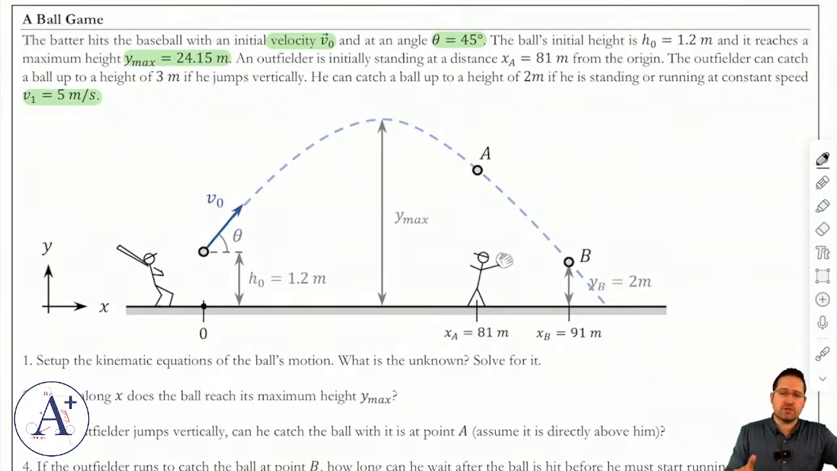Now clearly the outfielder has nothing to do with the projectile motion part of the problem, right? You can just get rid of him and you could study the path of the baseball irrespective of the presence of the outfielder. So he's probably there for later, to incorporate him into the problem. But the idea is that he can either jump and catch a ball at 3 meters above the ground, or if he just stands or runs, he can reach up to 2 meters and catch a ball. Okay, and so